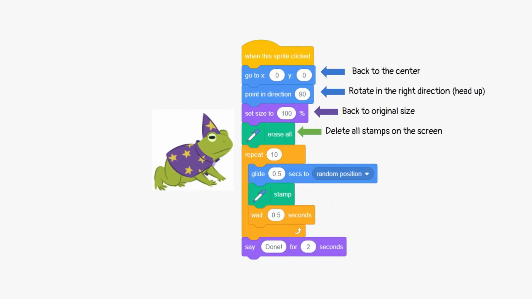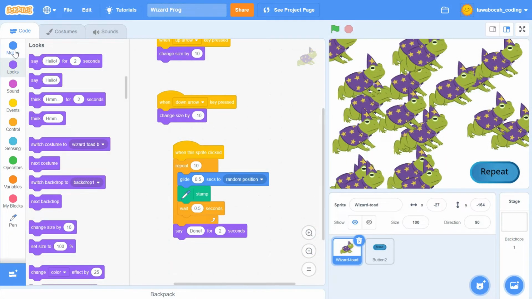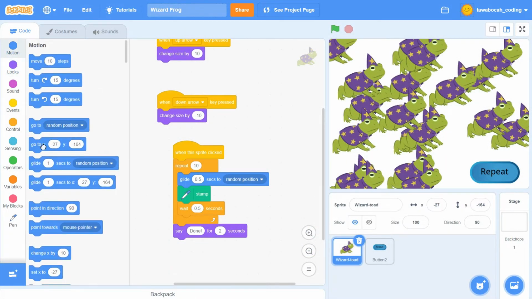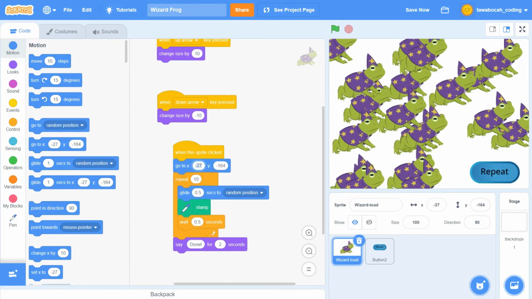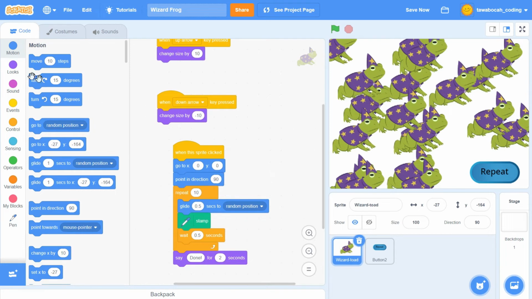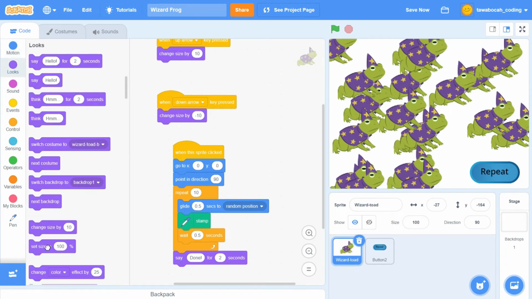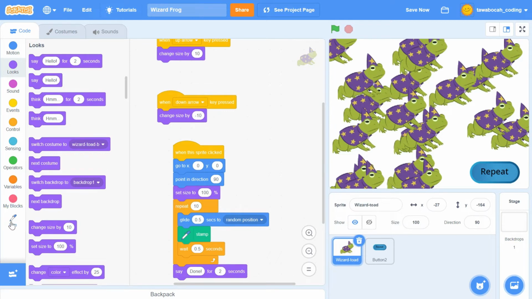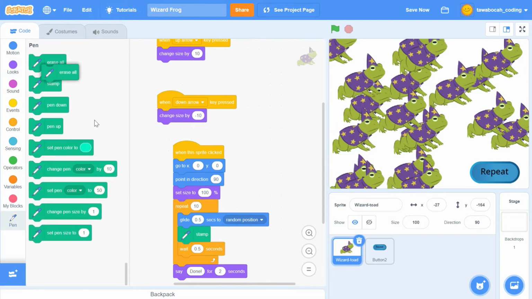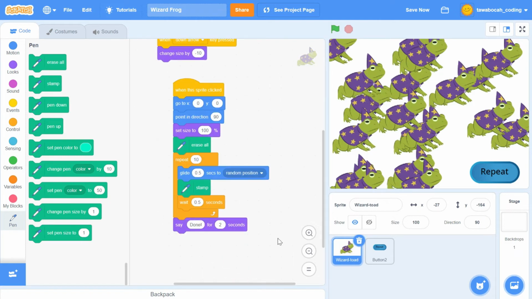Let's add this block, so every time the frog sprite is clicked, the frog will return to the center, its size will return to normal, and the screen is cleared of the previous images. Try it now.